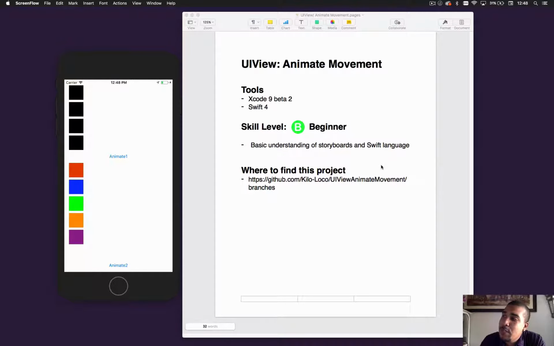As you can see, first of all, you might notice that there's no random Kilo Loco along the right side of the screen. So I got a 1080p monitor for you guys so that it looks right. But anyway, we're going to be going over